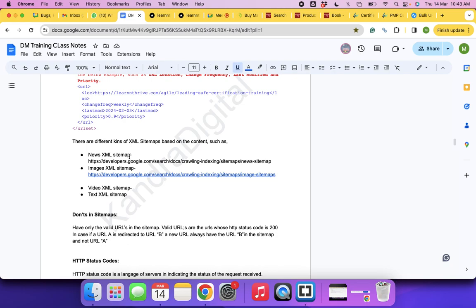Sir, how does the browser redirect if we search for Canva.pro, how do we get redirected to the Learn and Thrive site? Okay, right? Okay. So, XML sitemap is basically. Oh, sorry.